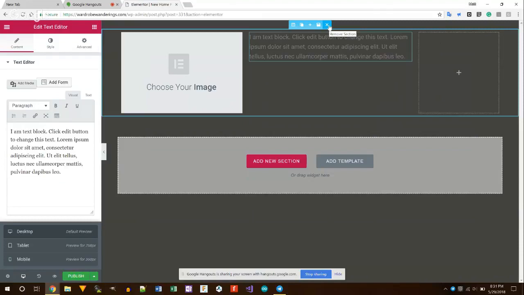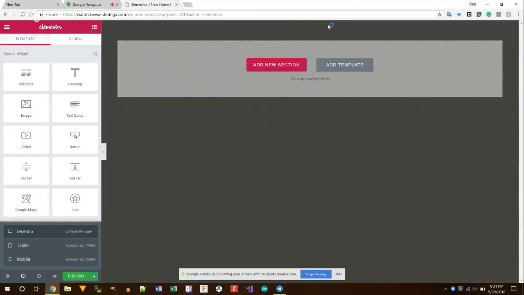How do I remove that section? Just right here? Click remove. So Elementor comes with lots of templates, and by templates it doesn't mean something that we used to think of as WordPress templates, because normal WordPress templates, they come and then you can change almost anything. So if you click add template,